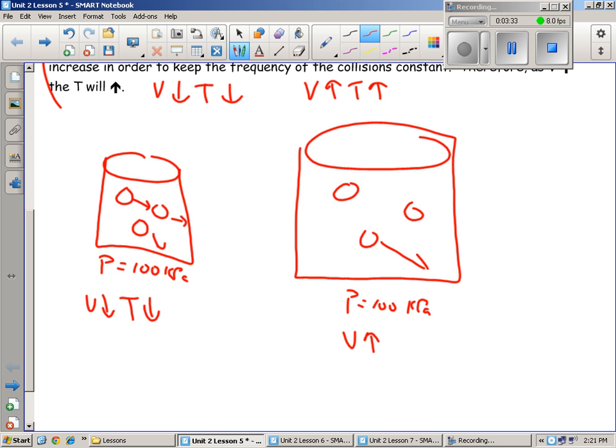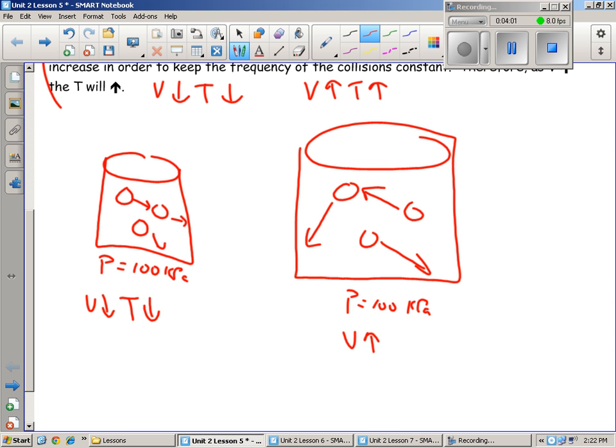So how far do molecules have to go before they bump into something? If the volume gets larger, they have farther to go, yes? True? Before they bump into something, okay? Volume gets larger, they have to travel farther before they're going to bump into each other or the side of the container. Well, that means that pressure by default would be lower because there's going to be less collisions,